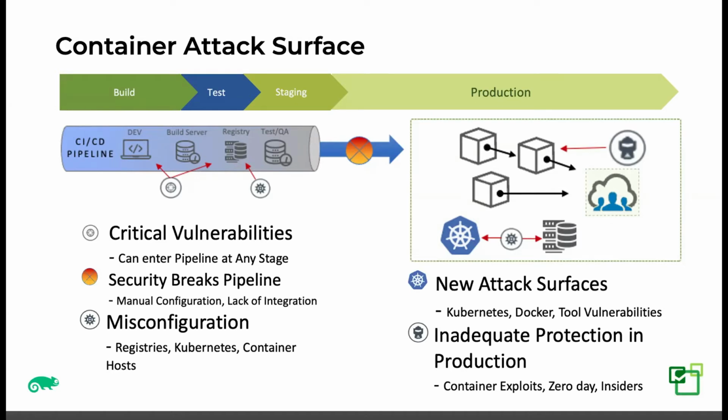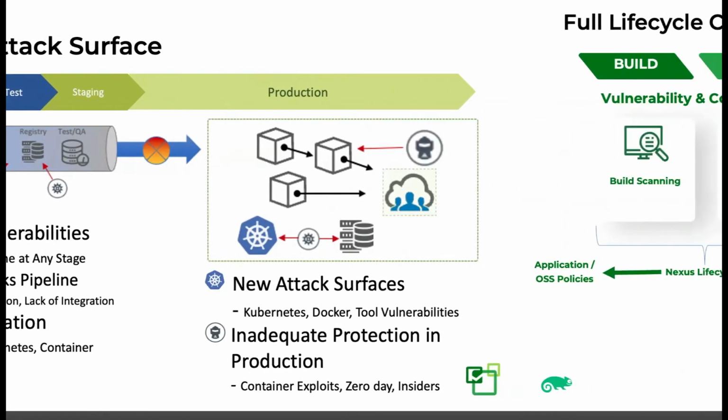In this environment, instead of applications running on VMs, it's containers running on top of these orchestrators. And so the containers can be attacked. The container network can be used to expand the attack, and the applications themselves can still have application vulnerabilities, even common things like Apache Struts hacks or SQL injection attacks or cross-site scripting. Those all still exist. They don't go away just because you're using containers. So how do we protect against all of that?